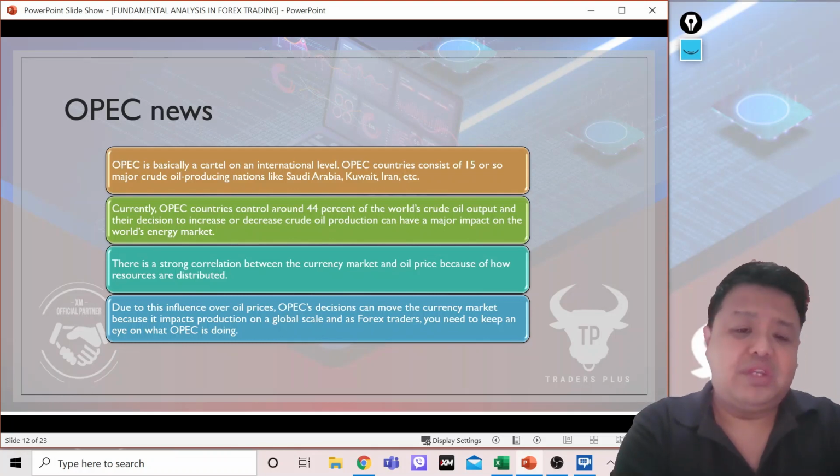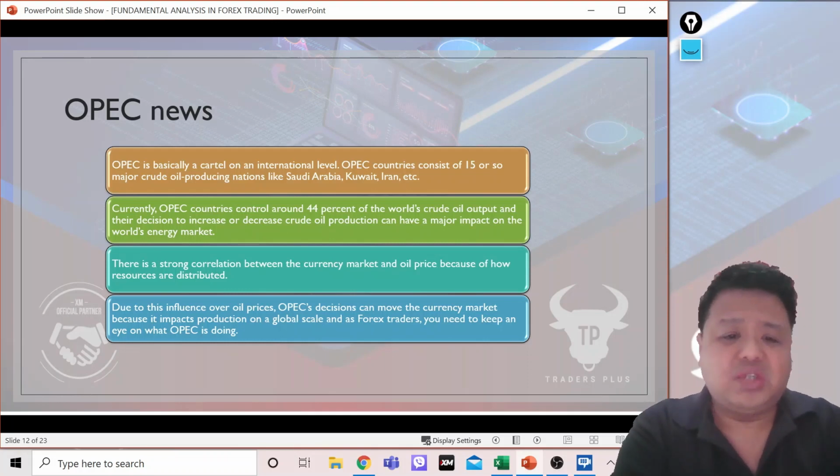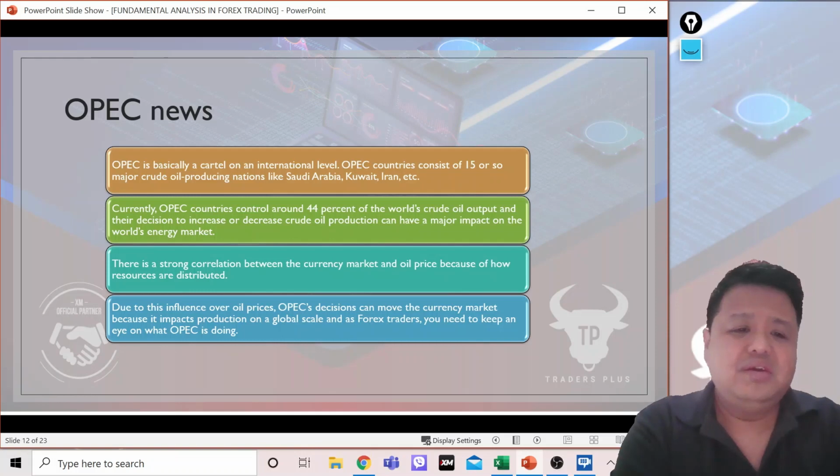Currently, OPEC countries control around 44% of the world's crude oil output, and their decision to increase or decrease the production ng crude oil meron yung major impact sa world's energy market. Okay? So, kapag yung oil inventory also goes up or down, it will affect the price of oil per barrel and of course, dollar.